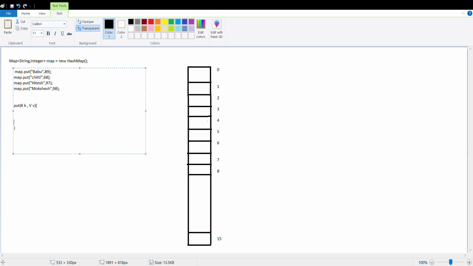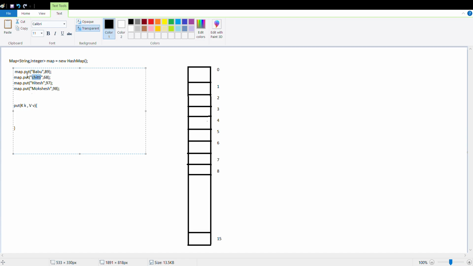Whenever I invoke put on the HashMap by passing key and value, first it will calculate the hash of the given key. First I'm inserting Babu's aggregate percentage, that is 89.